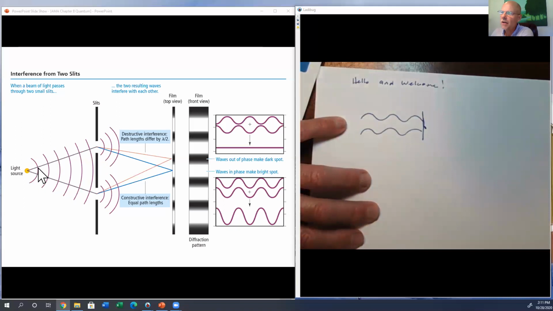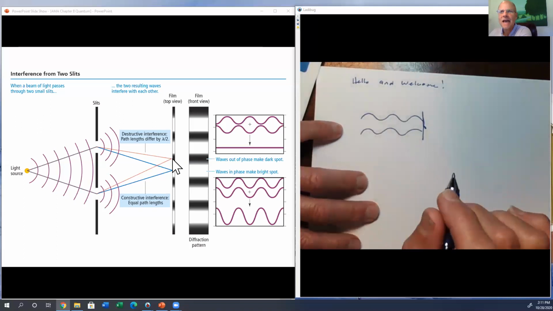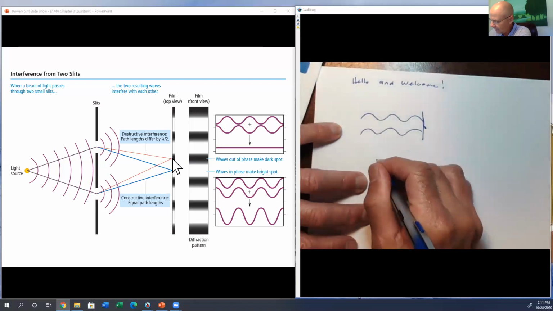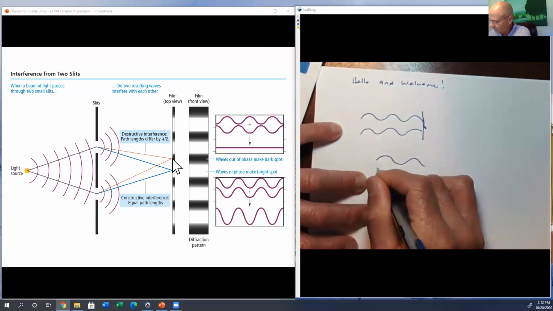Now, what do you notice about these two path lengths? This one up here, call that A, and this one down here in the red, call that one B. What do you notice about those two path lengths? They differ. They're different, right? They're not the same length anymore. In fact, the difference between them is exactly half of a wavelength, right? So if you have two waves and one travels exactly half of a wavelength less than the other one,